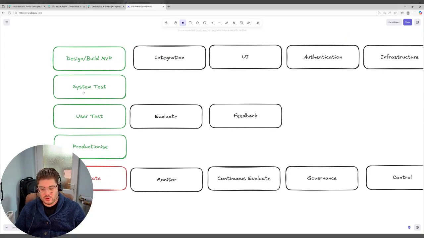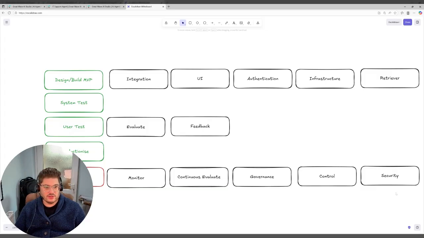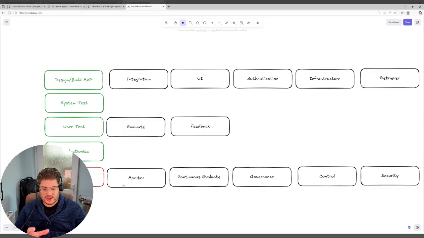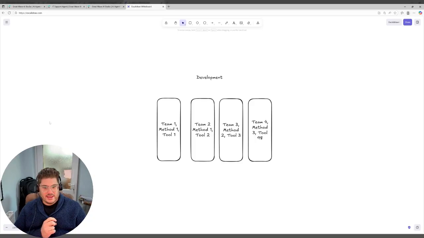Now, these are the steps required to build an AI agent to achieve a use case: design, build, all the steps needed to do that, the type of testing that needs to be done, productionization, and operating. Especially the operating I'd like to highlight here, because today we're thinking about getting AI agents working. We're not thinking about how we monitor and maintain those in a few months' or a few years' time. And as more and more keep getting added to the enterprise, this becomes a bigger challenge the longer it is left.